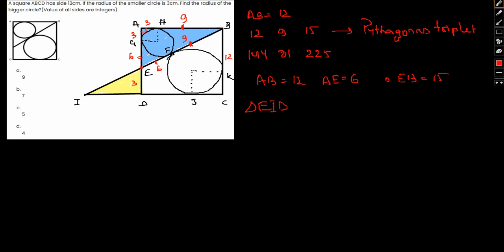Okay, we know this is 90 because we know 3, 4 and 5 are again Pythagoras triplets, because 3 square is 9, 4 square is 16 and 5 square is 25. So therefore EI, I can assume this to be 25, and this ID will simply be 4 or 25, sorry, this will be 5,